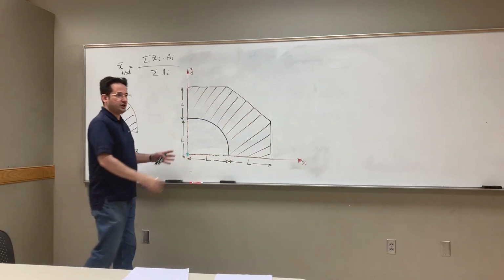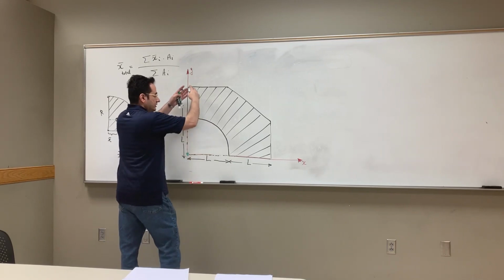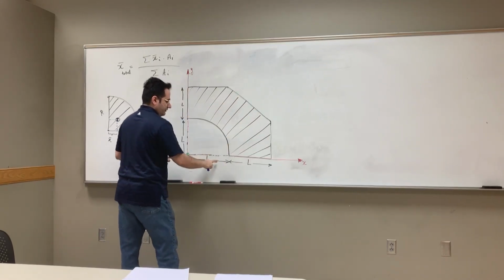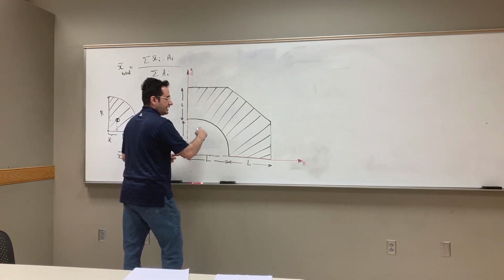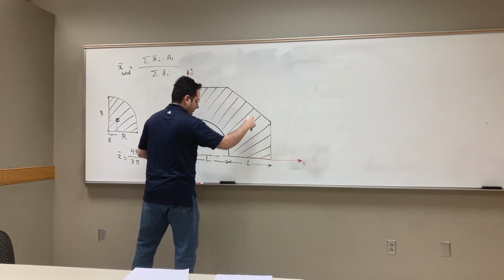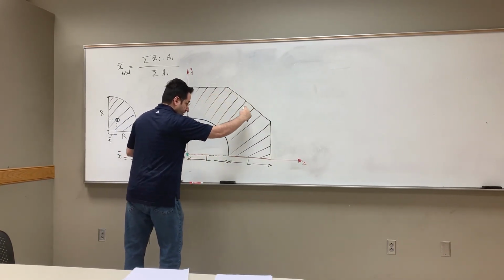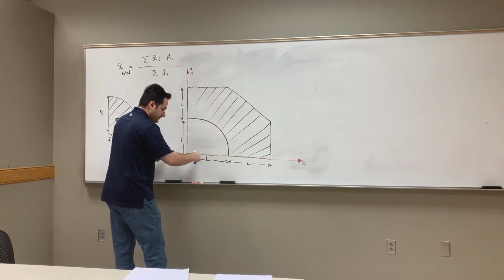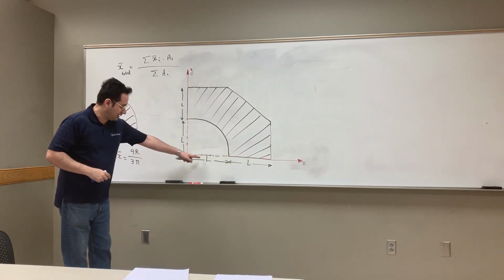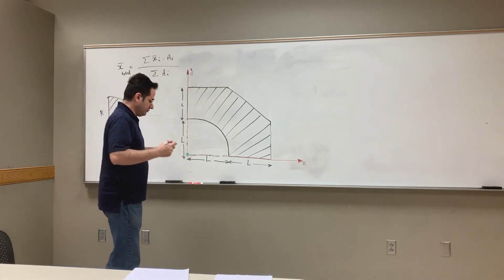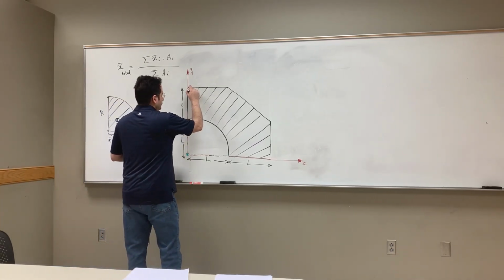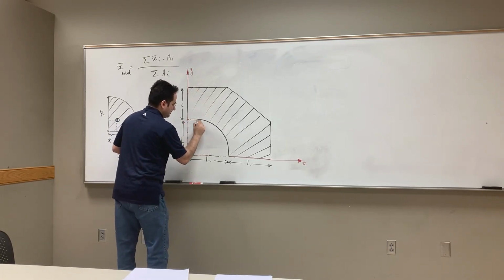In fact, this shape mathematically is equal to a solid rectangle of 2L by 2L, subtracted by a right triangle L by L, subtracted by a quarter of a circle with a radius L. There's a mathematical description of that. So what I do, one way is to choose this guy